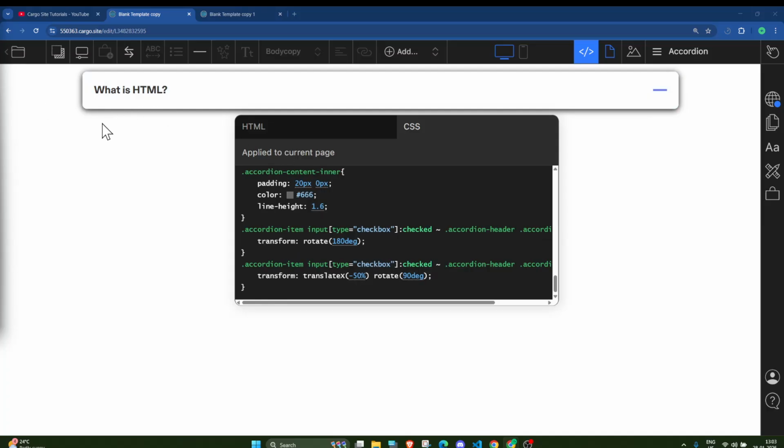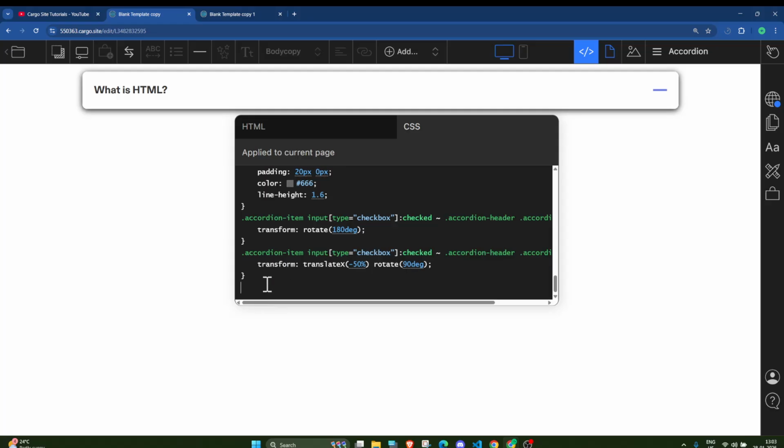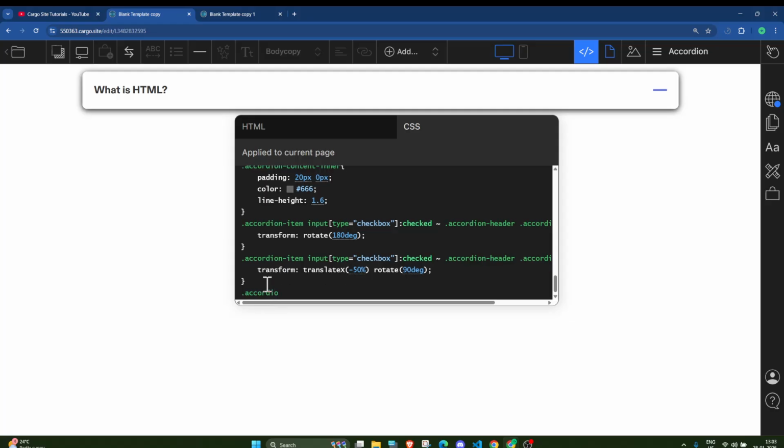this should also expand. And what we are going to simply do, dot accordion item, again input type checkbox, and here I will select the checked here, and again this tilt icon.